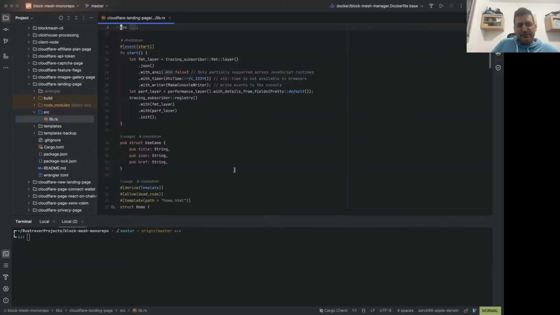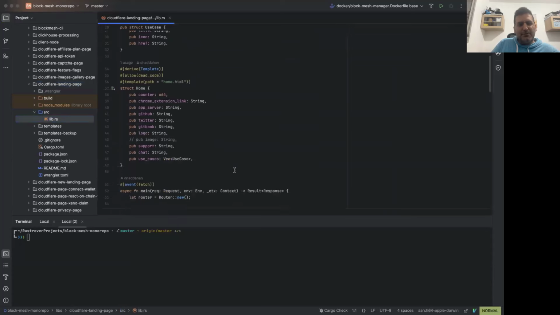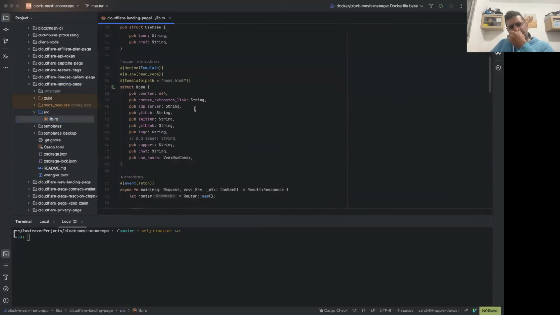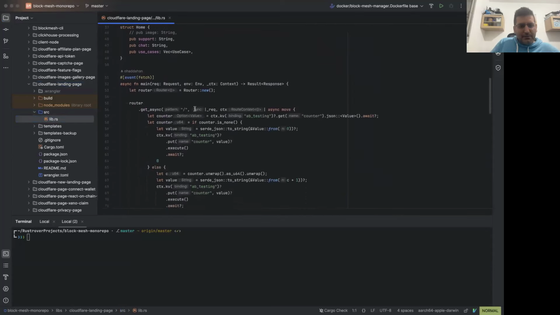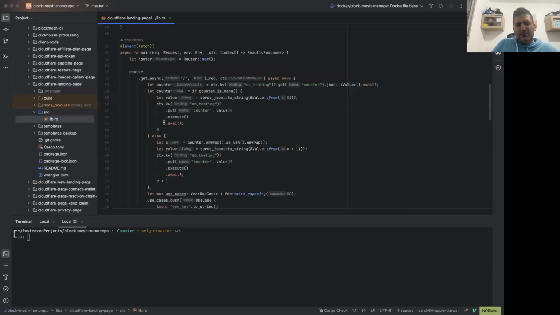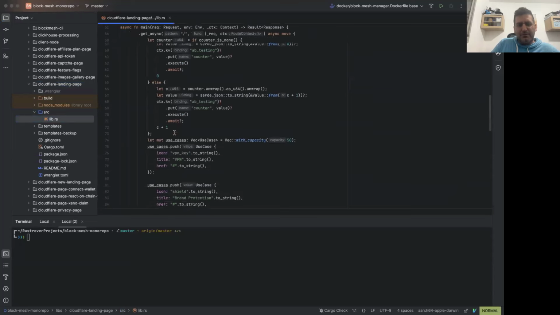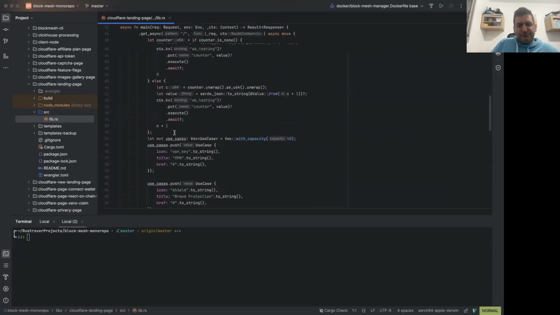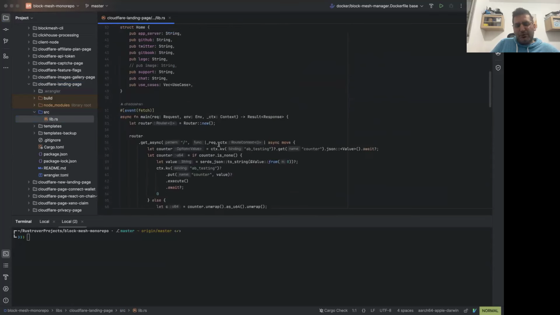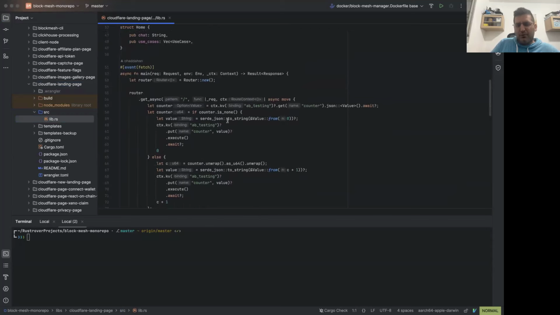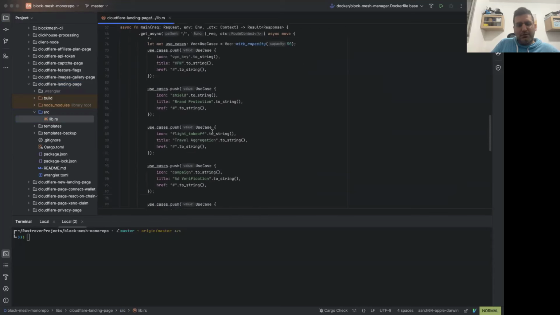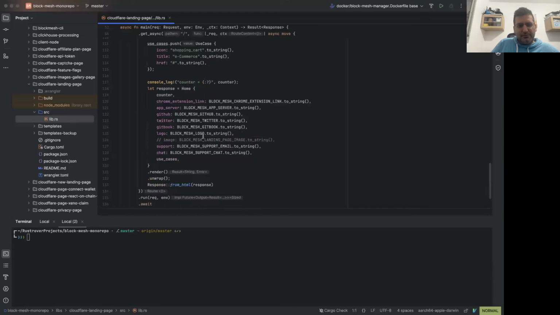So this is like our landing page. This is like a Cloudflare worker. There's a bit of some setup here. It's basically a template that you do. You set up a router. You can have various routes, and for each route you have whatever way you want it to respond. This is just some A/B testing, but basically then